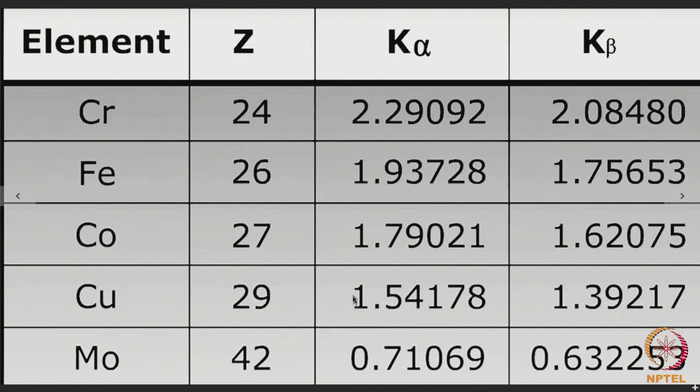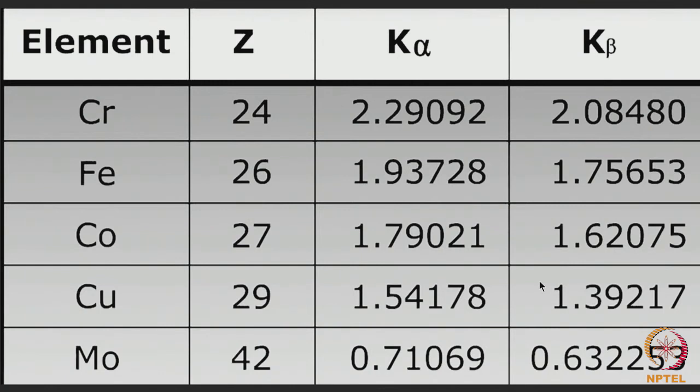So, for copper, 1.54178 angstrom is the wavelength of K alpha, and 1.39217 the wavelength of the K beta radiation. So, in this way, you can have different values of the wavelengths of K alpha and K beta from the different targets, and as we go through this course, we will find how we are going to use them for